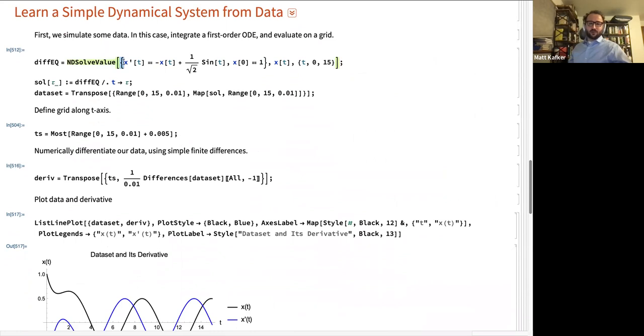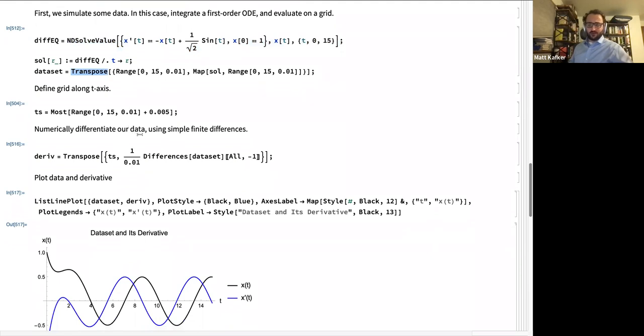Okay, so we're going to generate some fake data. In the real world, you have real data, but in my talk, you have fake data. This is some differential equation, a first order system, really simple. You can make these any order that you want. You just have to be a little bit more clever, and I was not. So this is some differential equation. It's not particularly complicated. So we solve it and evaluate it on some grid.